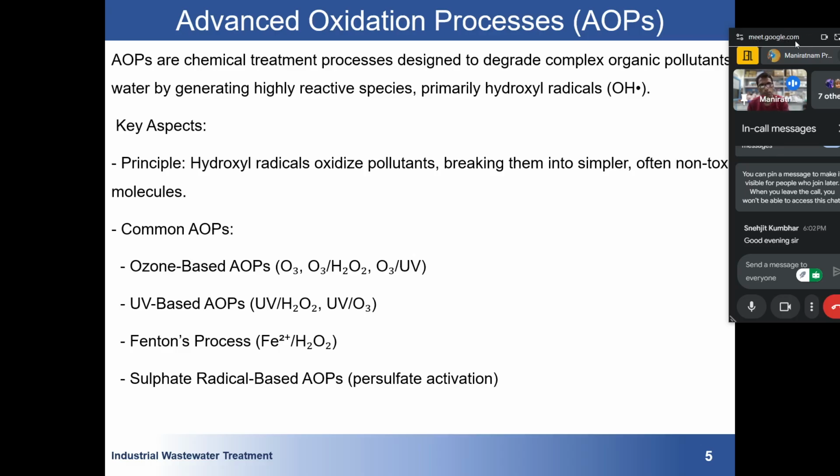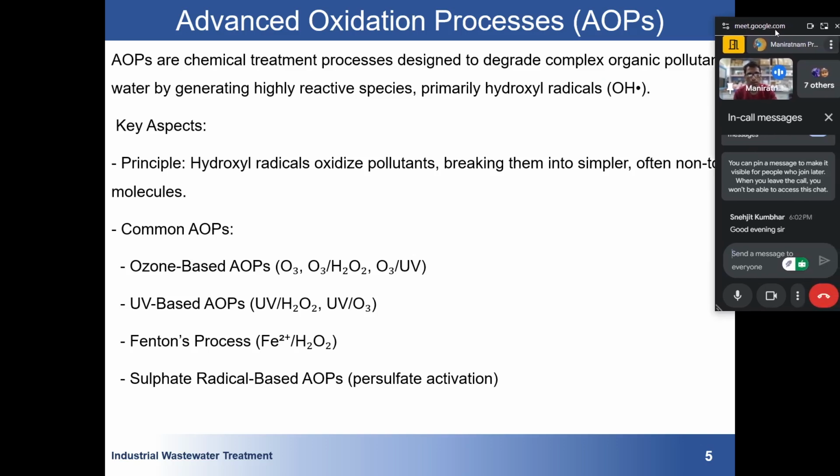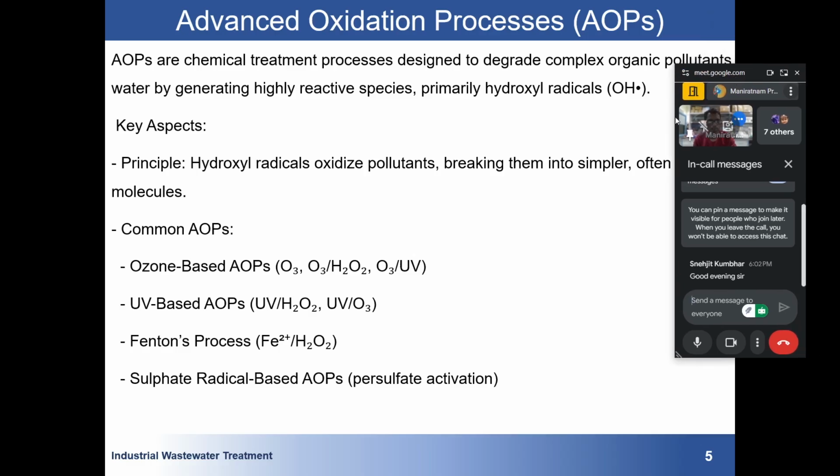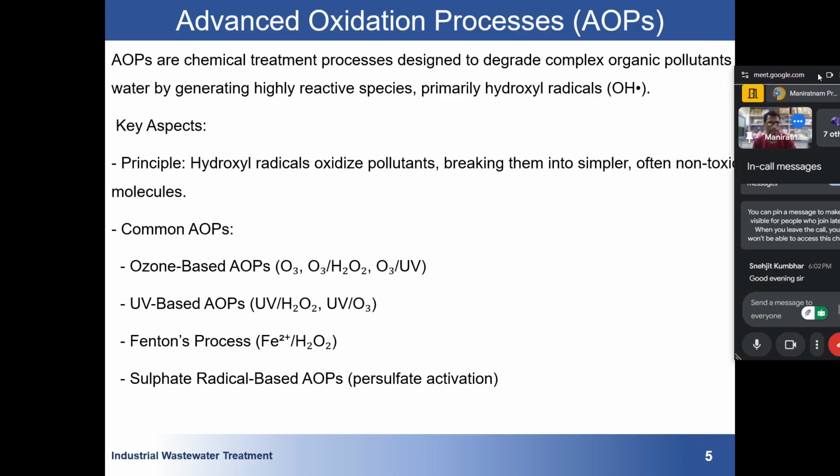Now another process of treatment is called the advanced oxidation process. AOPs are treatment processes designed to degrade complex organics in water by generating highly reactive species,